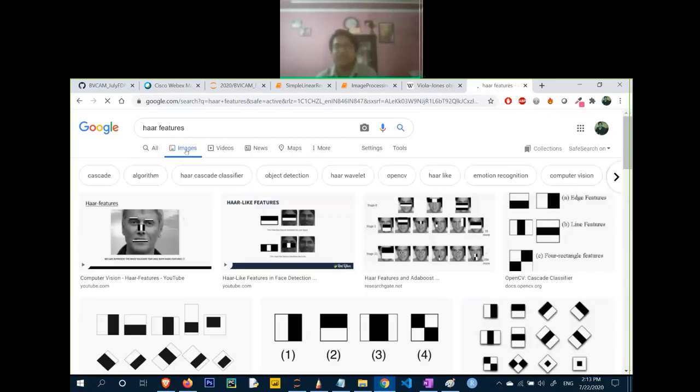Viola and Jones concluded one thing: how are we going to detect from an image that this is a human face?